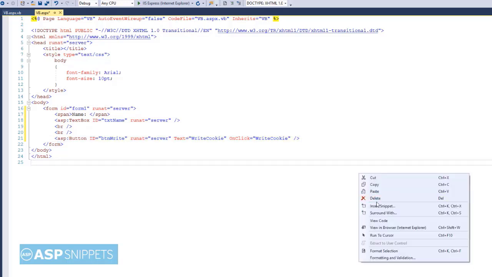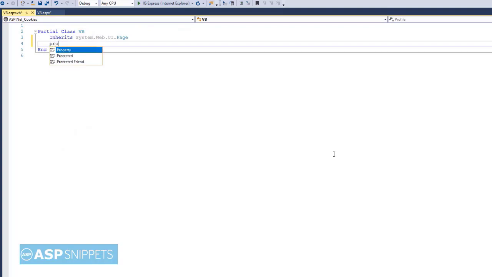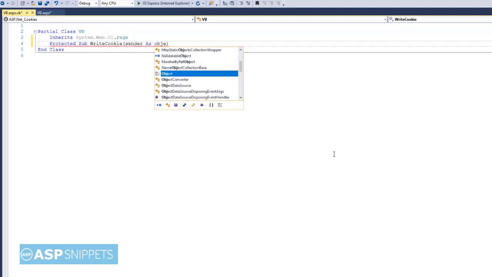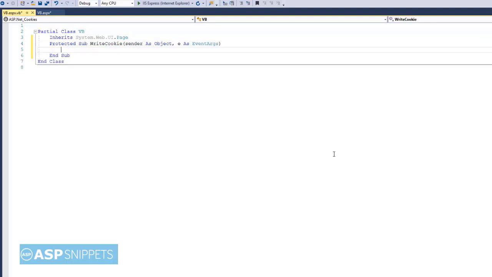Now let's move to the code behind. So here we'll define the event handler write cookie. Now here I am creating an object of HTTP cookie class.